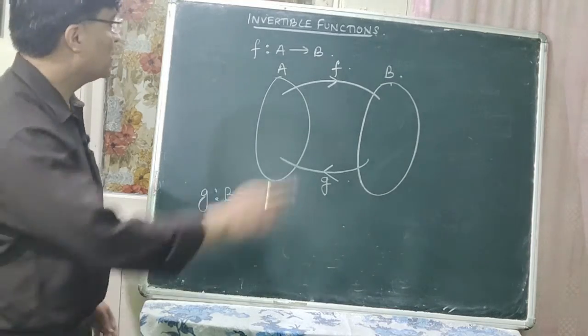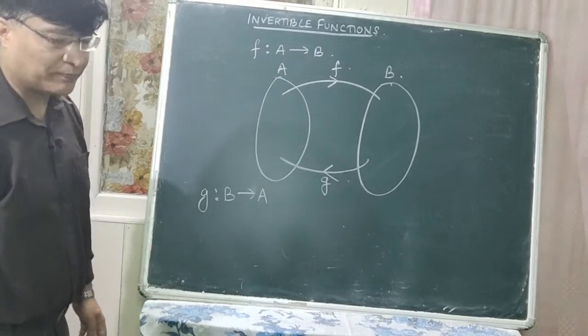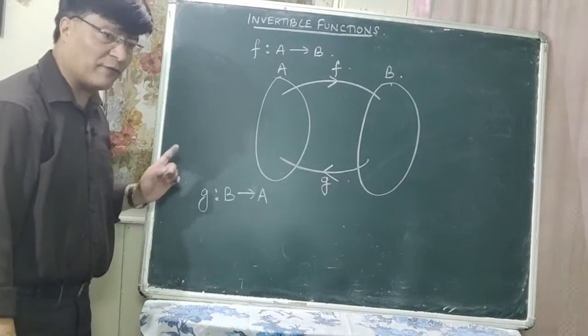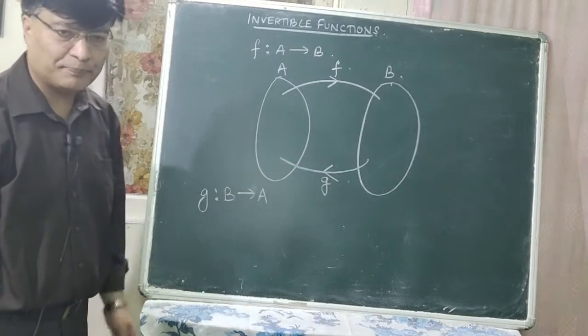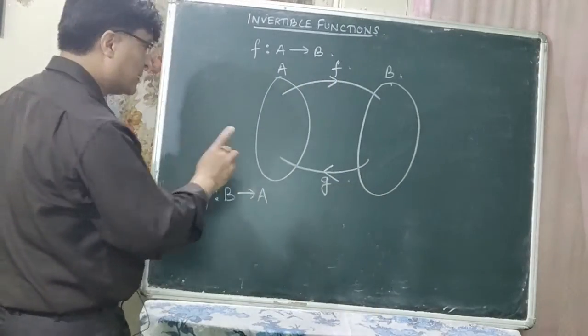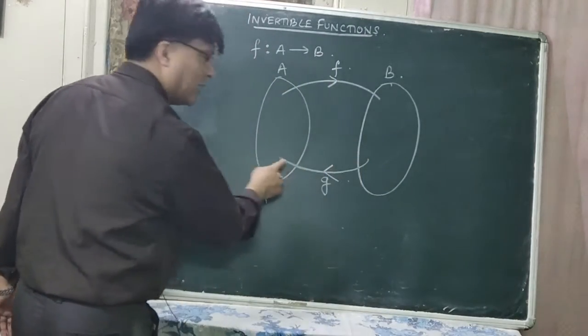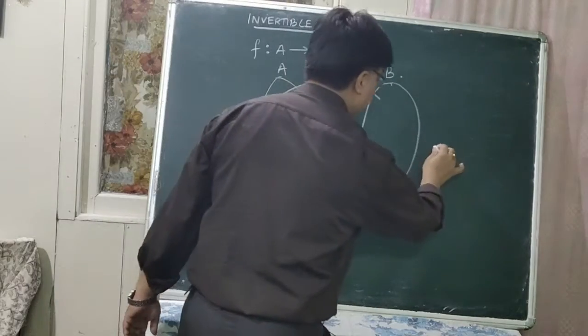Is that clear? So this is the given function f such that A to B is the given function, and if there exists a function z such that B to A under mapping z, then you have g from B to A. ठीक छ? त यसमा हामी के गर्छौं भन्दाखेरि